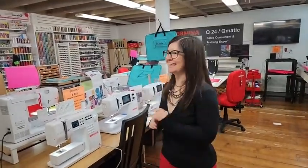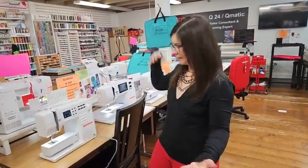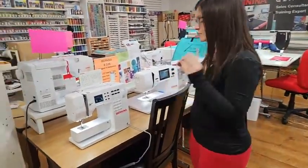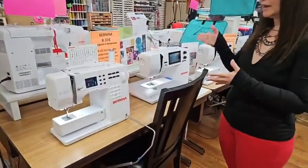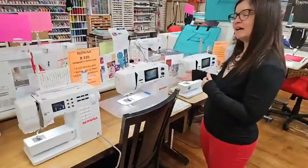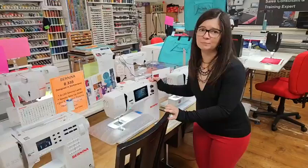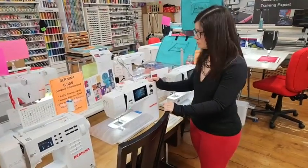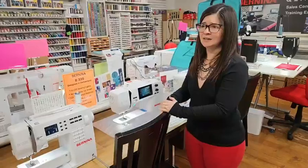That's a nicer way of saying that. We have machines from anywhere from $200 to our $30,000 Mama Jamma back here. So if you have been thinking about upgrading your sewing machine, or getting an additional sewing machine, if you've been sitting there going, well, I already have a sewing machine and it works, but oh man, I just love this little Bernina 435 so much, and you feel like you can't justify it,